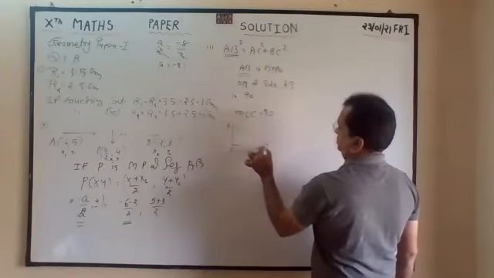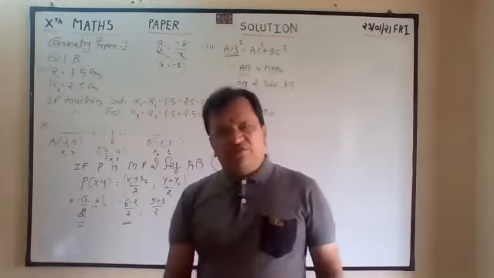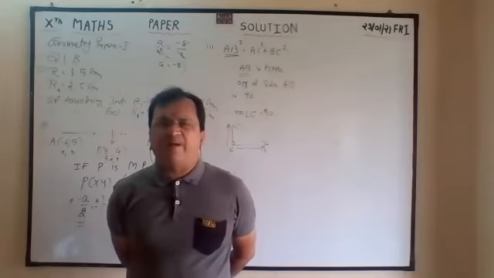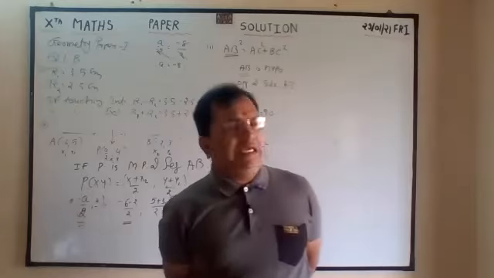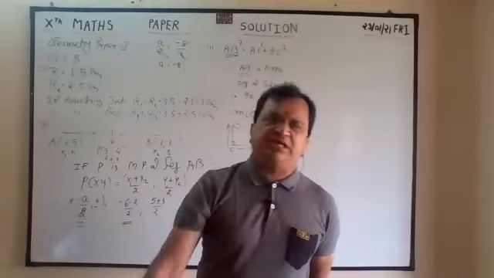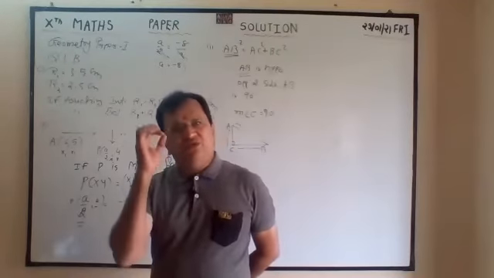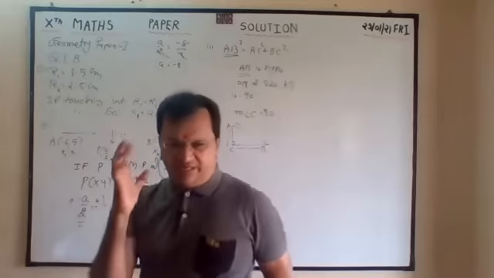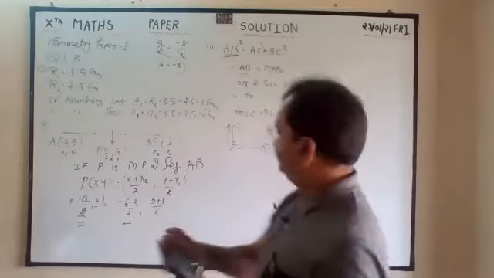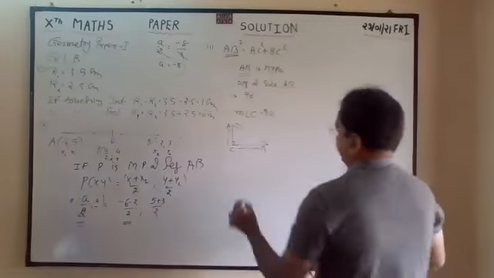If it is AB, you can write AB square is equal to BC square plus AC square. With reason you have to write AB square is equal to AC square plus BC square. Means AB square is the highest, so the angle opposite the longest side is always the highest. In a right angle triangle, the highest angle is 90. So measure angle C is equal to 90. Concept must be clear. Now this is a very good example, it is given.